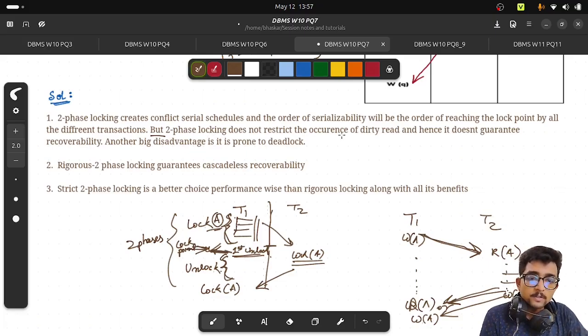But two-phase locking does not restrict the occurrence of dirty read, and hence it does not guarantee recoverability. This is something different: in two-phase locking we have not talked about commit, right? So when are we committing, when are we releasing? The two-phase locking protocol does not put any constraints on that. And since it does not put any constraint on committing of the transaction, dirty reads can happen. Now, since I'm not committing, and once I unlock,